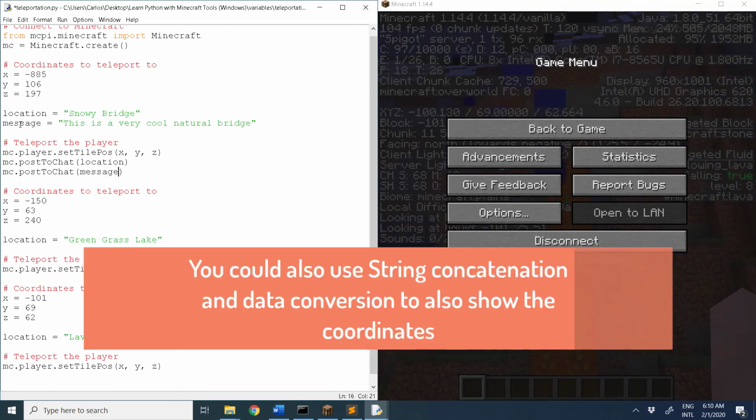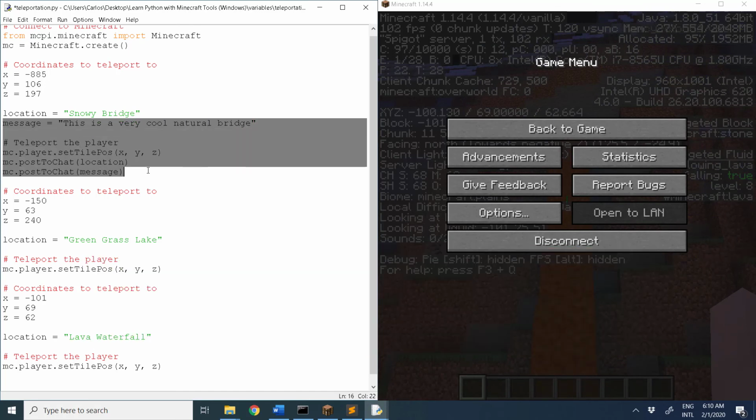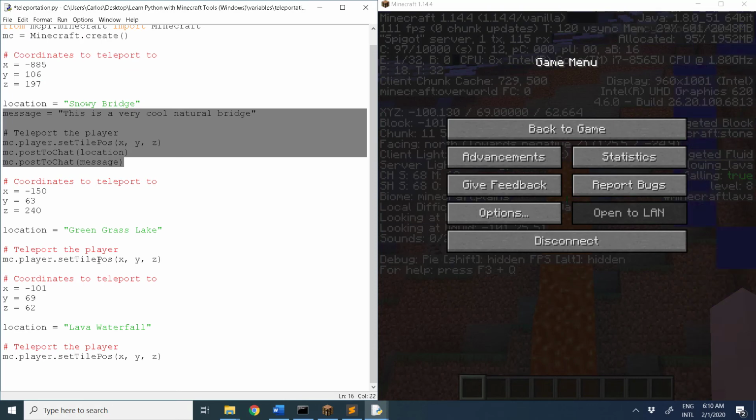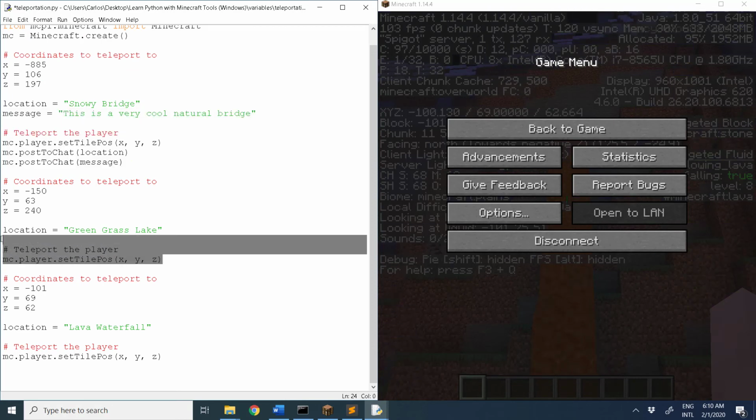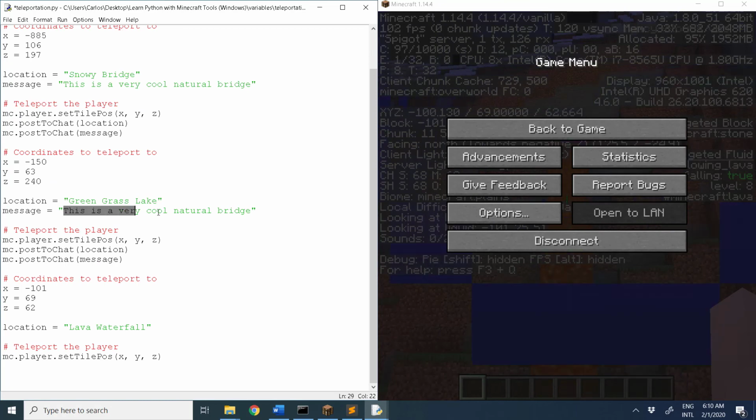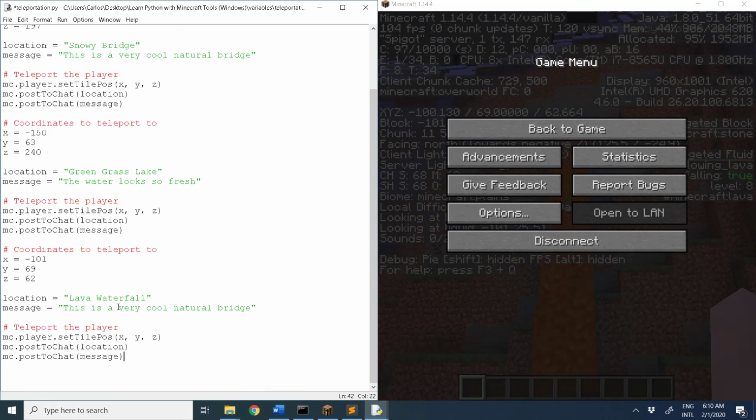All right, so now let me just copy this actually here and put it right here. Green Grass Lake. And here the message can be something like, the water looks so fresh. Okay, and then I'm gonna do the same here and write something like, don't get too close, it is very hot. Okay,